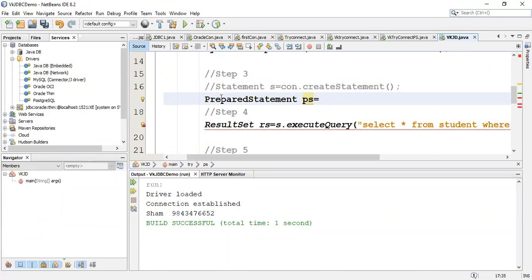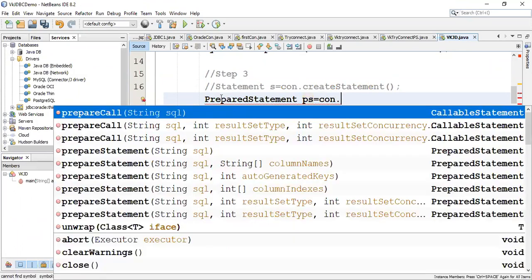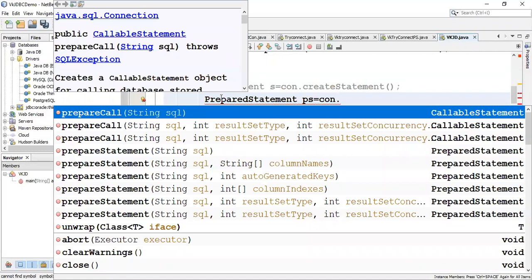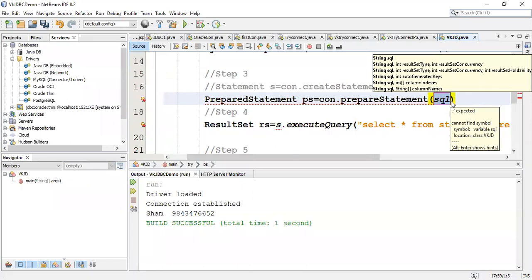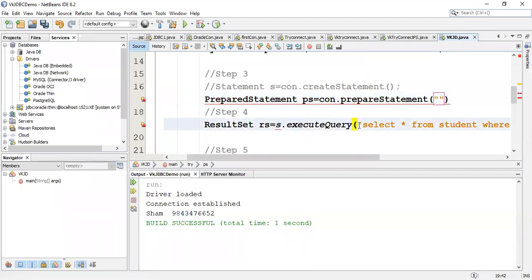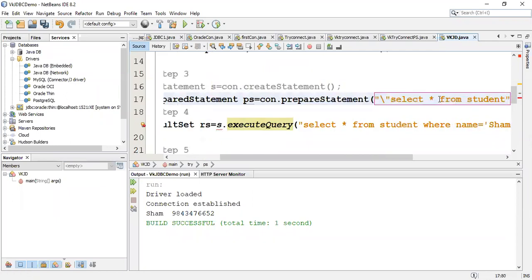For creating prepared statement also I use the connection object, but I don't use the createStatement method. I use prepareStatement. So it is not prepared statement, it is prepareStatement. But the moment I give the prepareStatement method, it asks me for the SQL query here only. This can execute the same statements, and the same work I can do using prepared statement also.